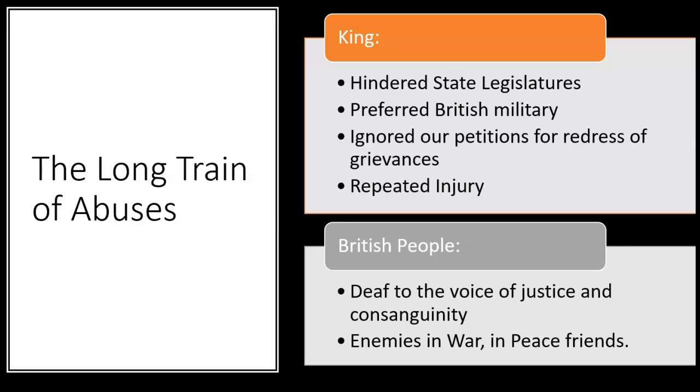Atlantic? So he says, if there's going to be war, we will be enemies in war, but in peace, when this struggle is over, we will be friends. In other words, our problem is not with you, apart from your deafness. Our problem is with the king. When that is resolved, our animosity toward you will be over. We are enemies in war, but in peace we will be friends. That's the long train of abuses.